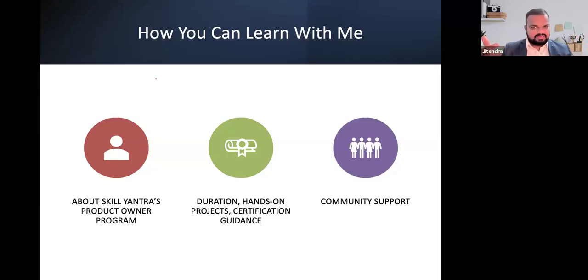Then after developing the product mindset, the next step is whatever you have to work on as a PO, deliverables and documentation, you'll be learning those. Then there are certain tools you need to be aware of, like I just said, Jira, Confluence, and much more than that, like Aha, Balsamiq, wireframing tools, how to build your expertise. And then we'll be doing a capstone project as well, which is going to give you a deeper understanding of it.